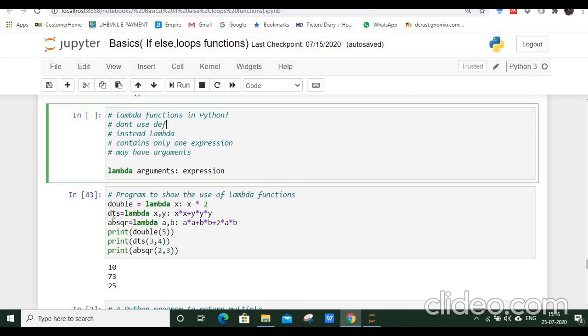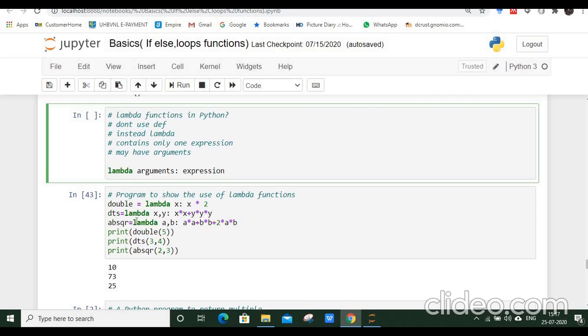And similarly, I am defining the function dts, that is again a lambda function, and now it is taking two parameters, x and y, and it is calculating x square plus y cube.